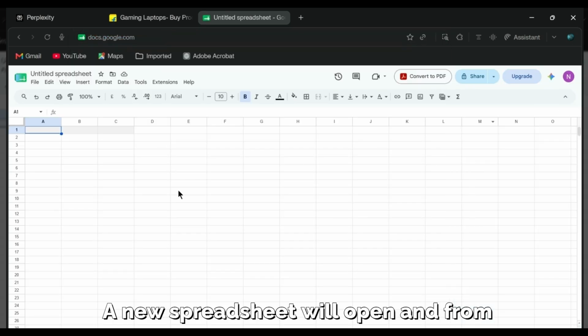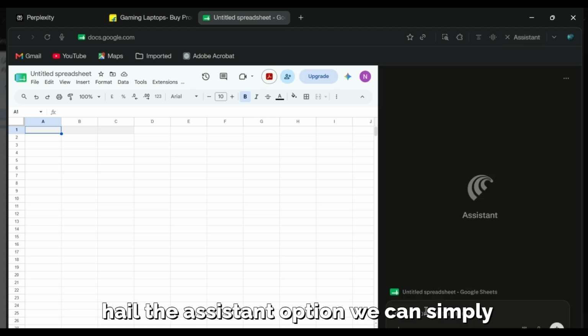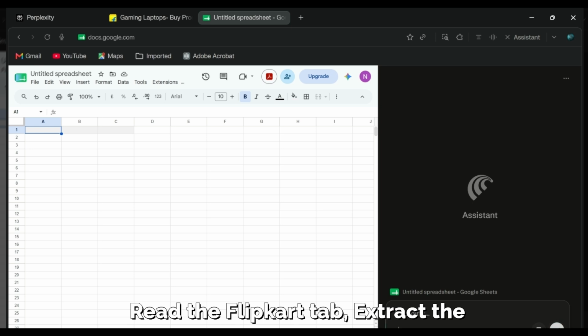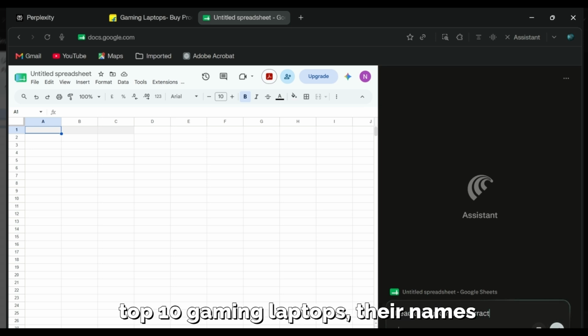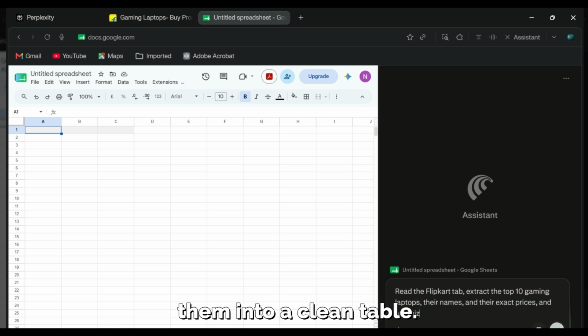A new spreadsheet will open, and from here in the assistant option we can simply write, read the Flipkart tab, extract the top 10 gaming laptops, their names and their exact prices, and organize them into a clean table.